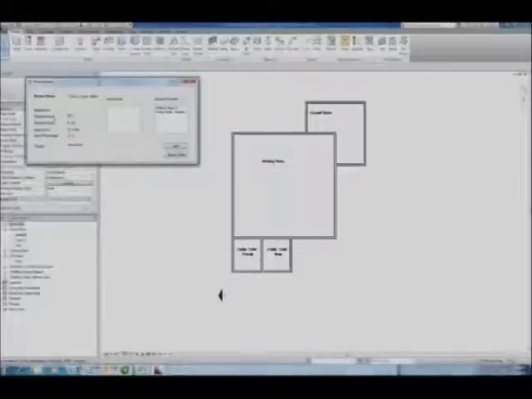The expected area from the program was 65 and the design area is 51, so the delta is 13.74 and we are 21% above. The same for other rooms, and here we don't have any equipment, so it doesn't show anything in this box here,